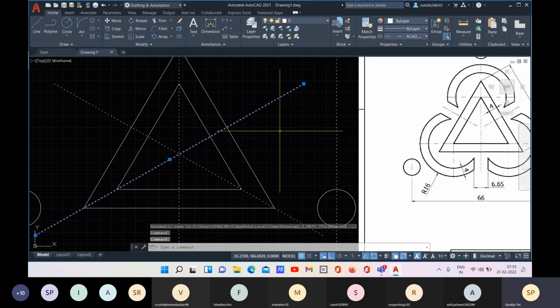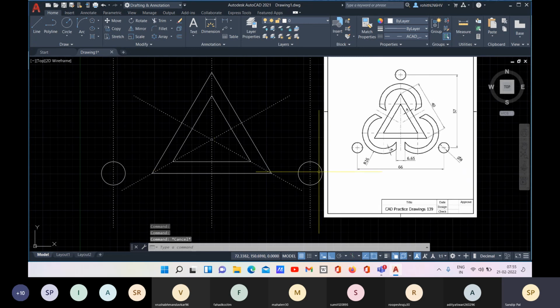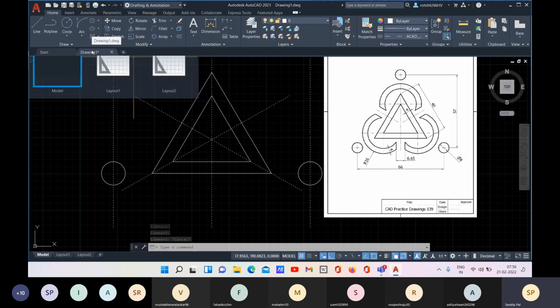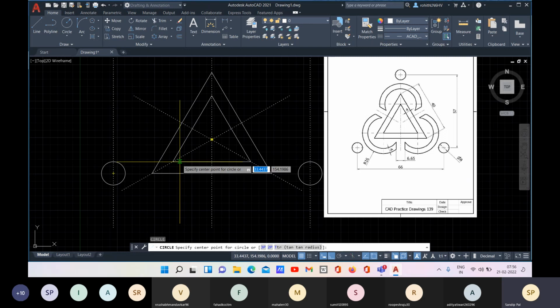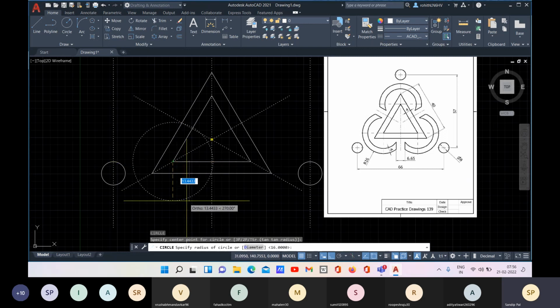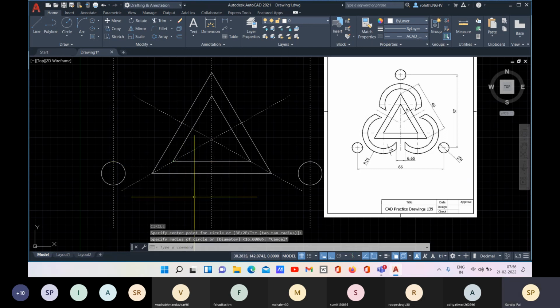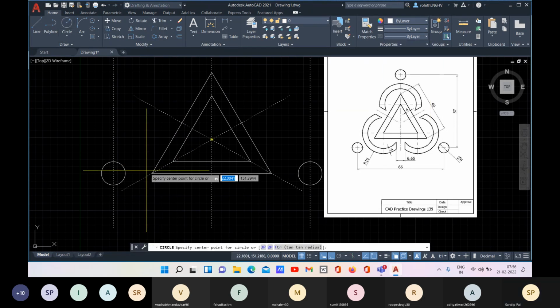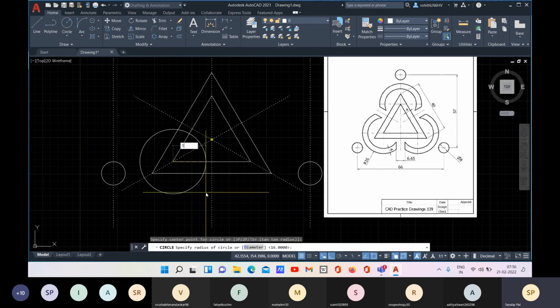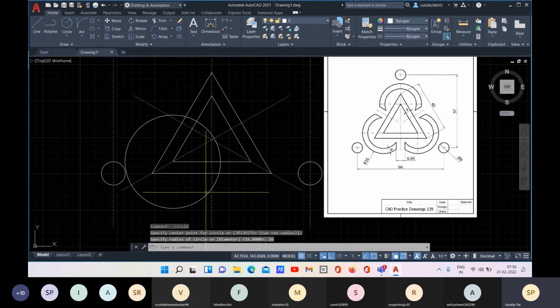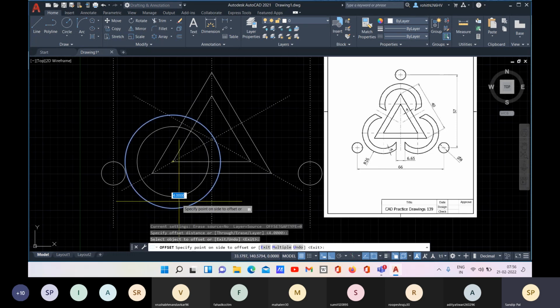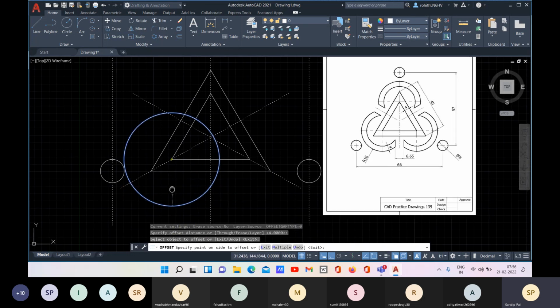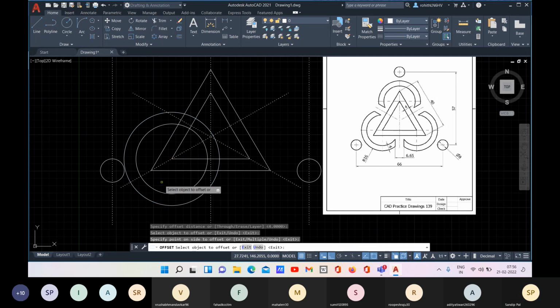And now I have this line, right? So let's go for it. C, enter. And this is the circle. Okay, so now let's change this to bilayer. Sorry, this one will be the center, and 16 will be the radius. Enter. O, enter for offset, and 4 is the value. 4, enter. Select this, and inward direction, click it.